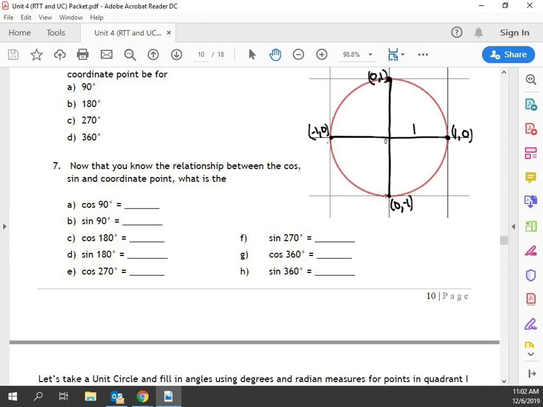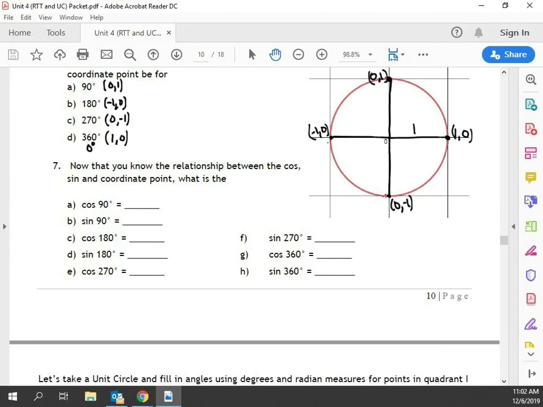So coordinate point B for 90 degrees is, we already established, 0, 1. For 180, -1, 0. 270, 0, -1. And then 360 or 0 degrees, guys, you should notate 0 degrees. 360 or 0 will give us the coordinates of 1, 0. And he goes on to say, all right, now that we know the relationship between sine and cosine and the coordinates,